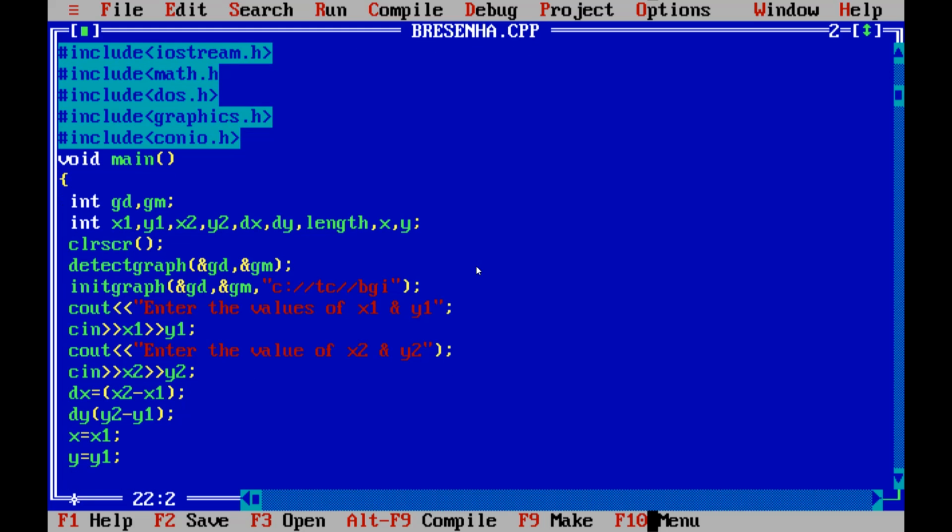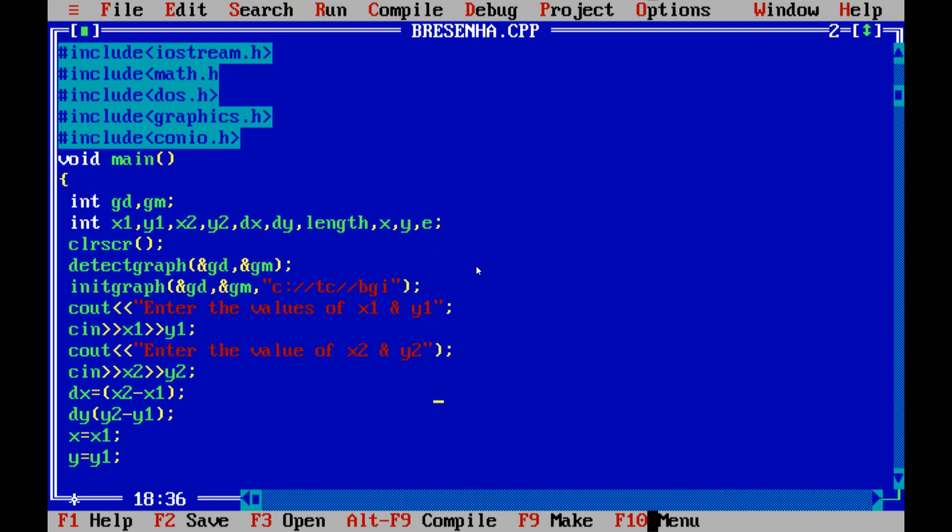The next one, we are going to calculate the value of e, the decision variable. We have not yet initialized e. Because it is C++, we can initialize the value anywhere in between in the program. So we have initialized the value of e over here, or we can go directly to our starting line and initialize the value of e there itself.